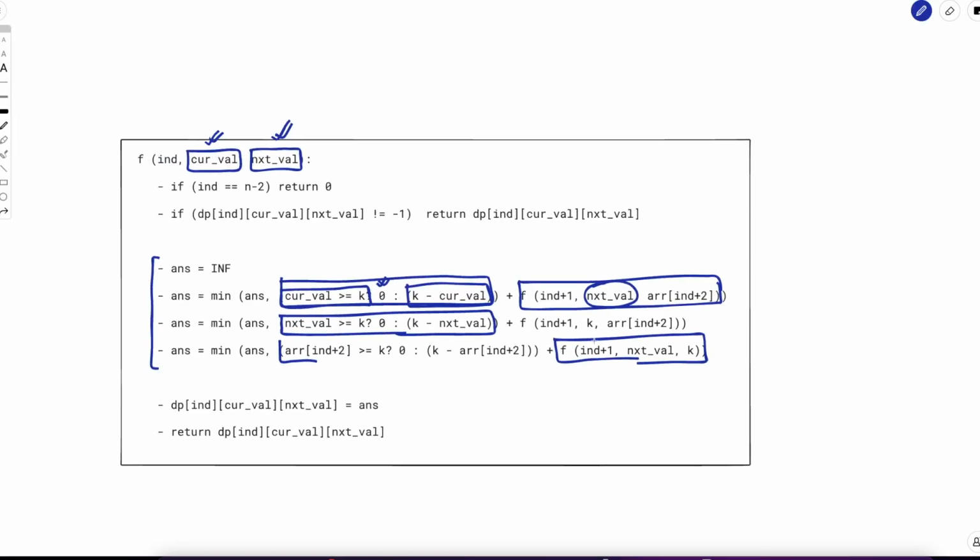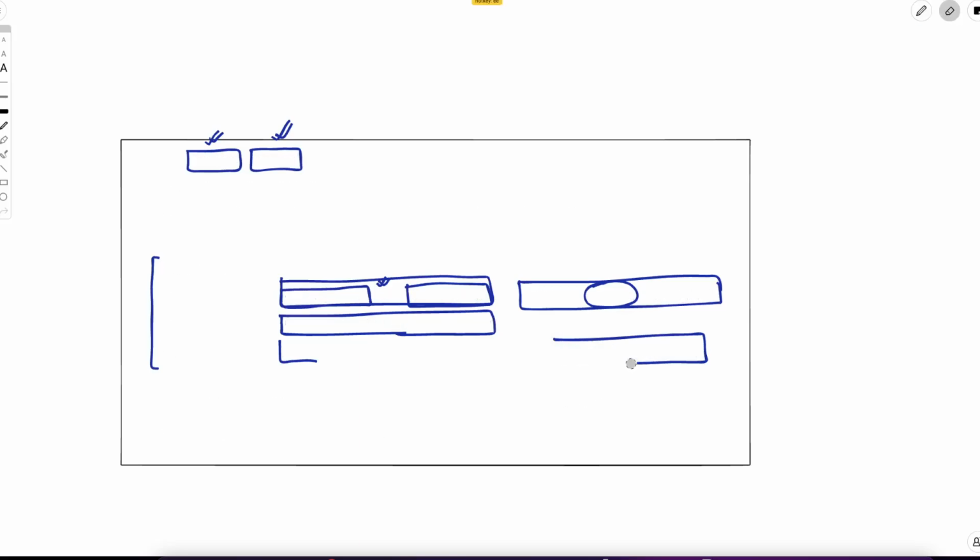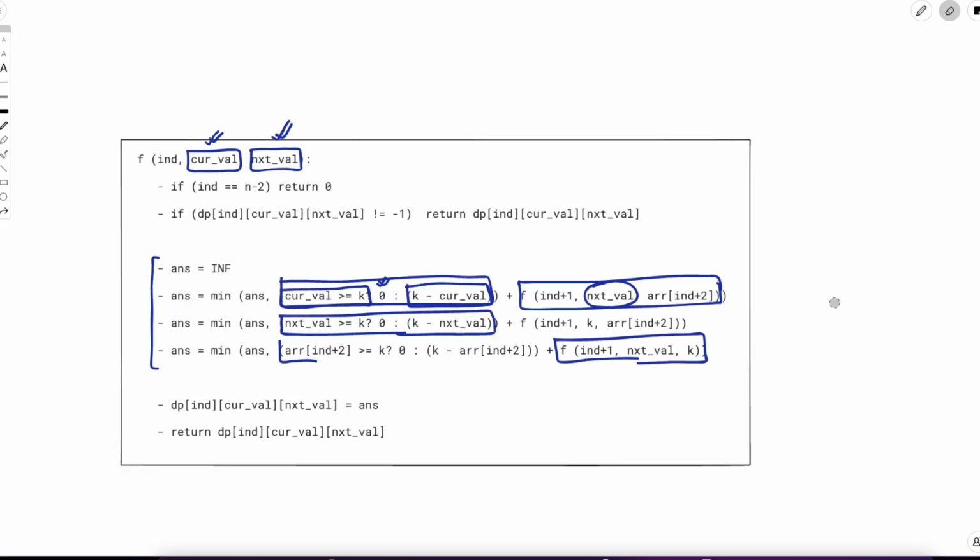The next element would stay as it is, next of val, and the element after that will be changed to k. So now we will find out what is the minimum operation required to make this a beautiful array, right? So after we have done this, we will take the minimum across all of them, and that will be our